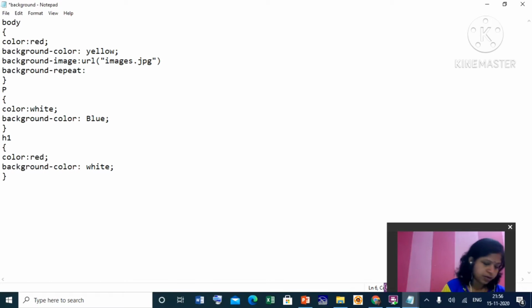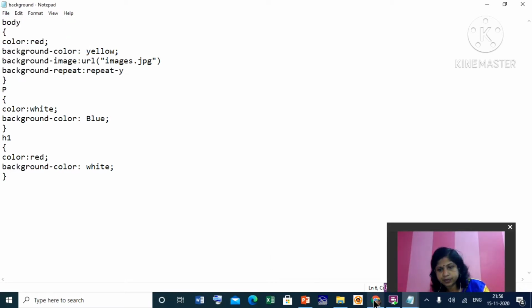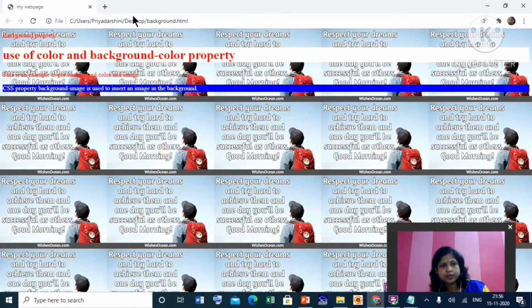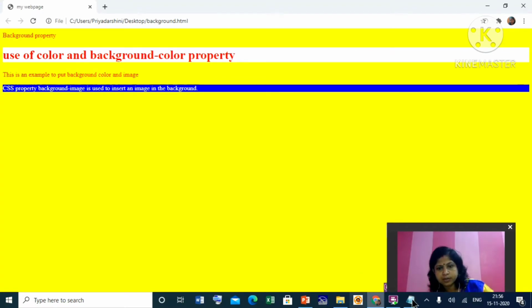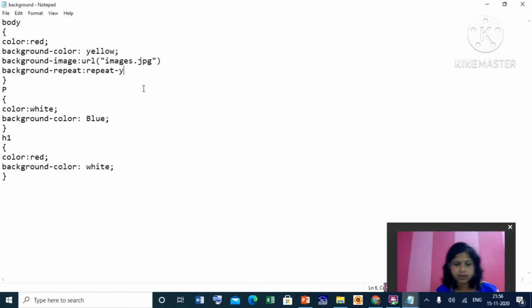If you want to give repeat horizontally, save it. Just go to the web page. Sorry, semicolon is missing.